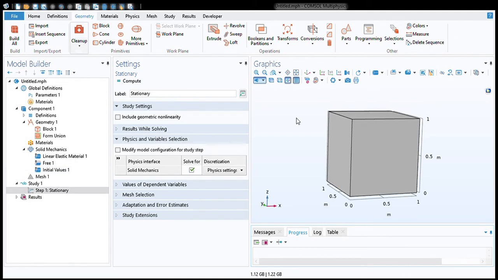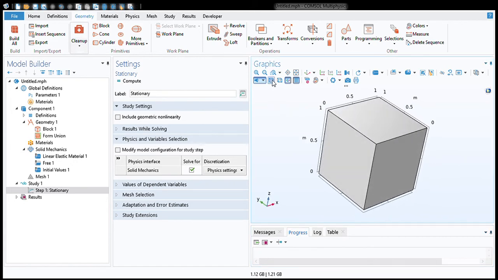In graphics there are different functions we can use. For example, we can use zoom in, zoom out, and zoom extents. If you want to see what is inside this block, in case of complex geometry, we can use transparency as well as wireframe rendering.